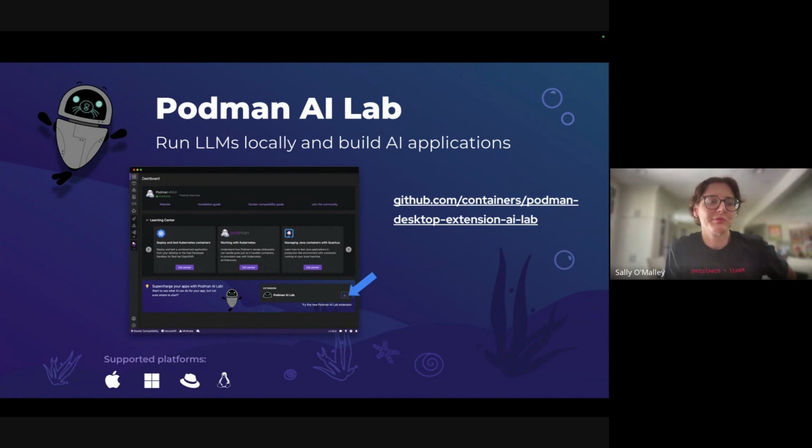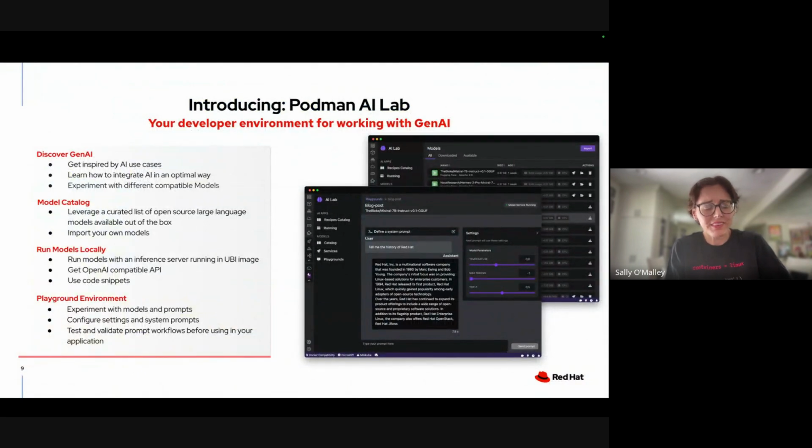We all have pretty capable laptops these days, especially if you have a MacBook M2, and any laptop is capable of running AI powered applications locally. With Podman AI Lab, we can show you how to do it without knowing a whole lot about data science.